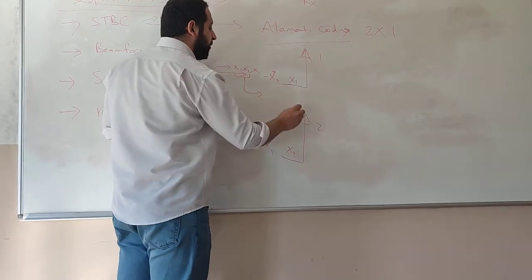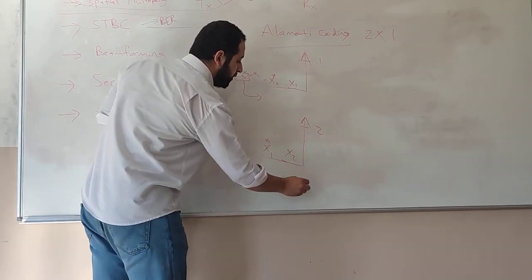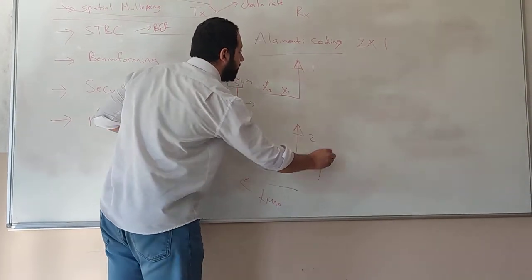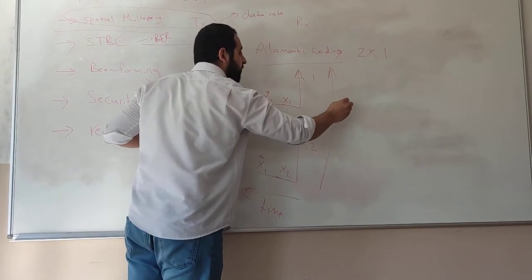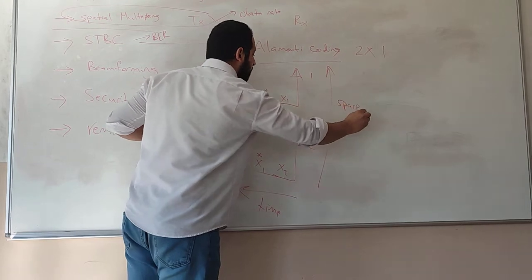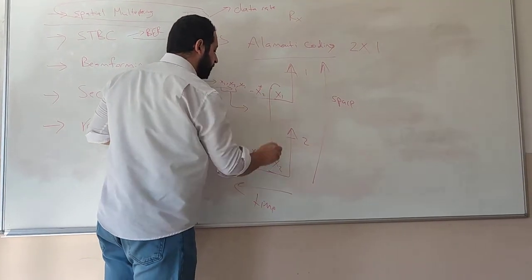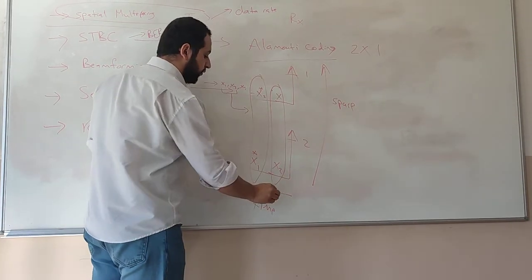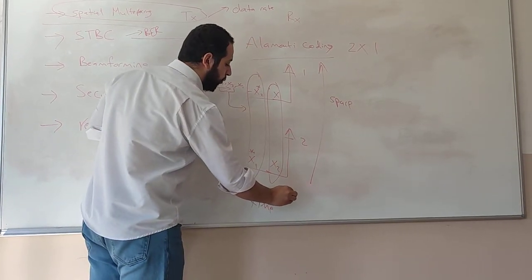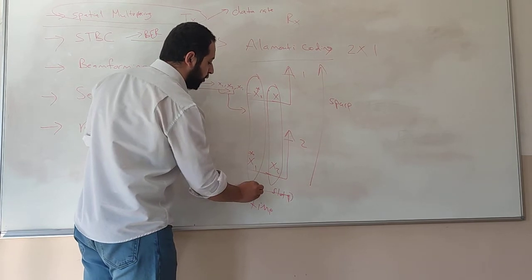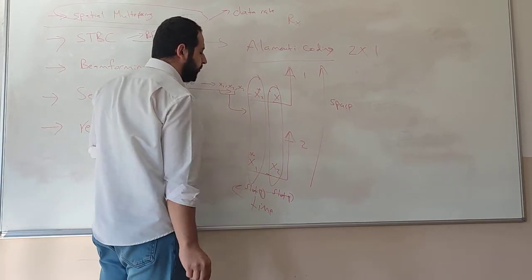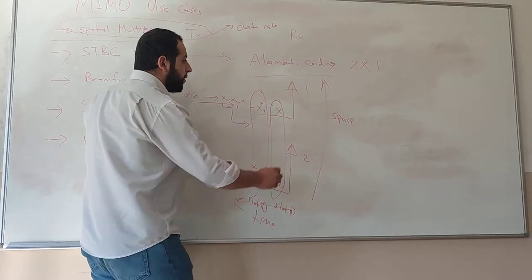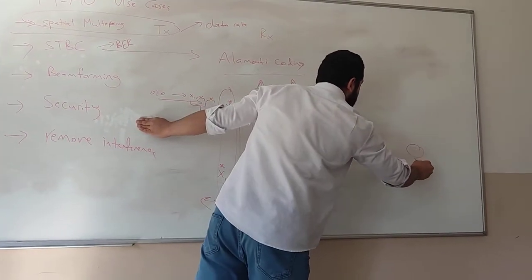This is time, and this is space. So this is time slot number 1, this is time slot number 2. Slot 1, slot 2. So you have also here the receiver,